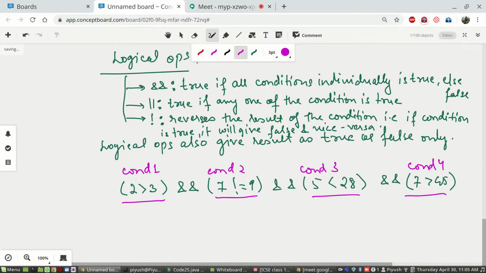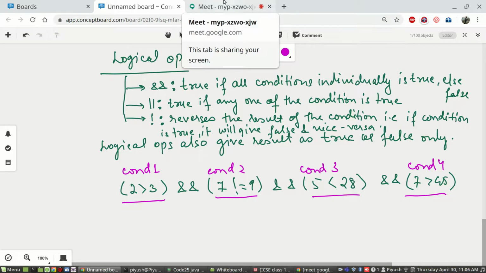We have seen that logical AND gives true only if all the conditions present in the expression are individually true. Then only will it give you the true output. Here, the conditions are 1, 2, 3 and 4. Are all the conditions individually true based on relational operators?